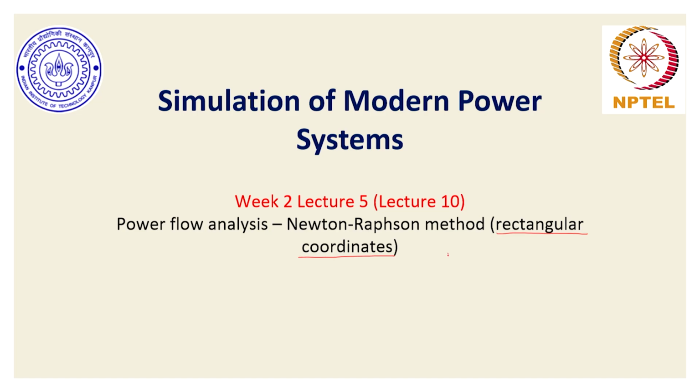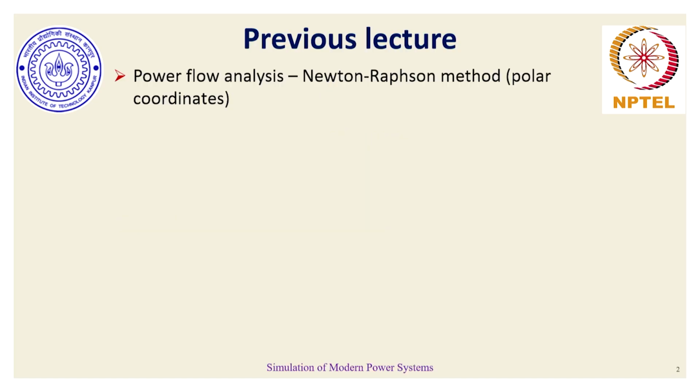That is, if Vi is the voltage phasor of bus i, then it is represented as a real part, which is Ei, plus j Fi, where Fi is the imaginary component and j is the complex operator, root over of -1. The last discussion was on Newton-Raphson method itself, where bus voltage phasors were written in form of polar